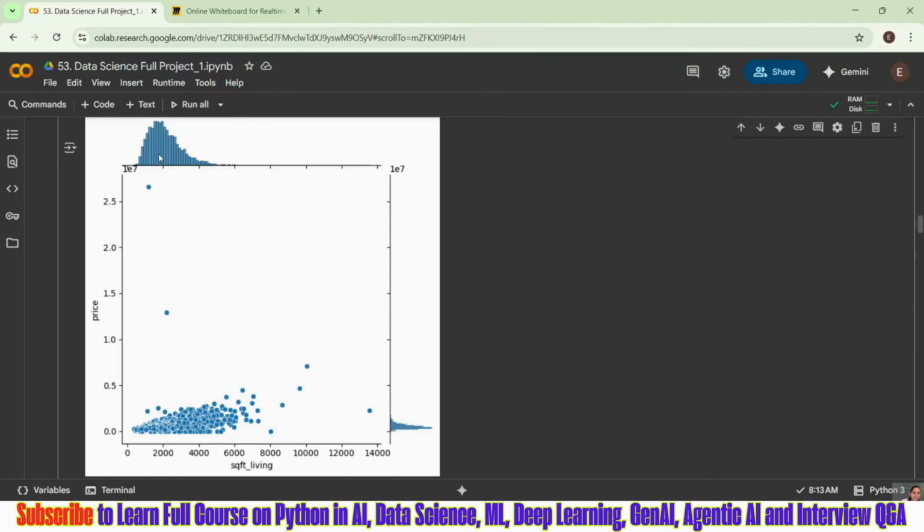This is your price. I think this is 2.5 lakh dollars, I believe, and it's coming here, right? So you can see there are a few outliers, but it is manageable, because if you see the large data, that is considerable, right?